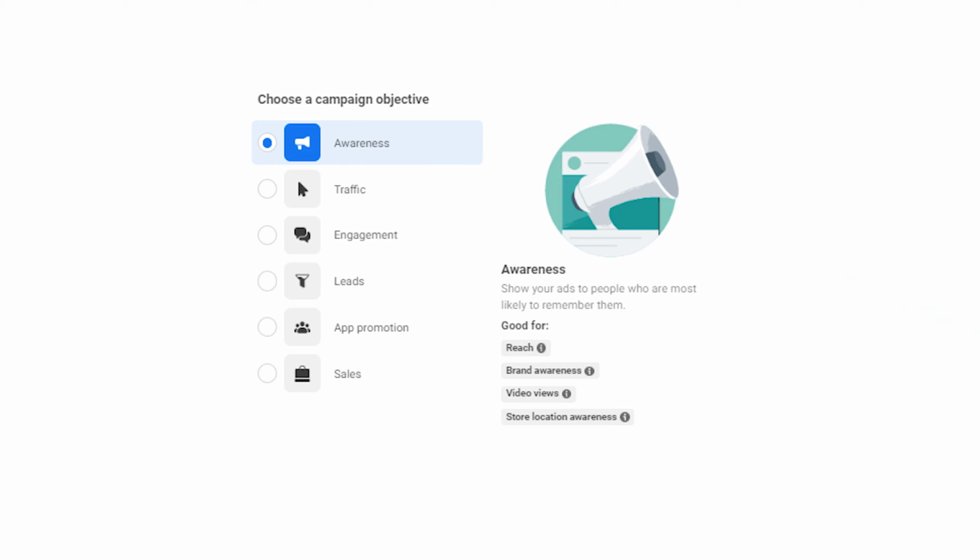And now when it comes to the objectives, you're going to see a lot more options. It's going to give you awareness, which is basically a quick overview going to be eyes on your ad. That's all it'll optimize to, whether it's reach, whether it's impressions. I don't want to confuse you guys, whether it's video views, it's going to get eyes on your ad, similar to a billboard or a TV commercial. It's not going to optimize towards any action beyond that. So whether you get sales, whether people take actions, whether they click through to your website, whether they follow you, that's not so much what the system is looking for. It's simply finding eyes for your ads.